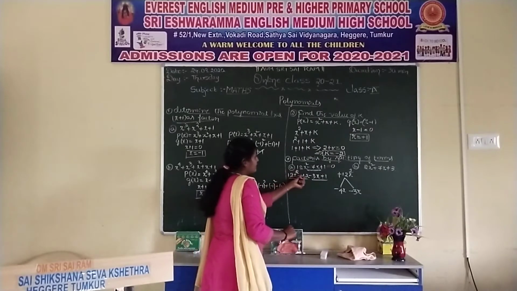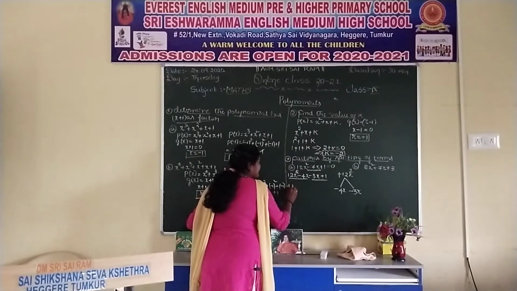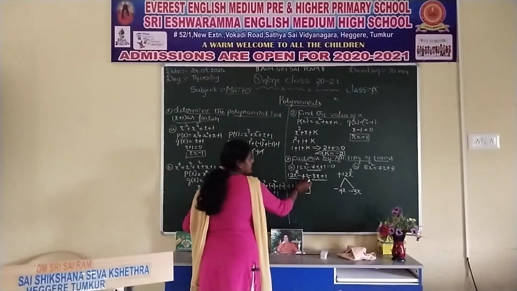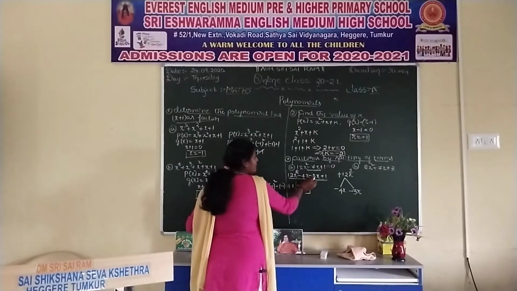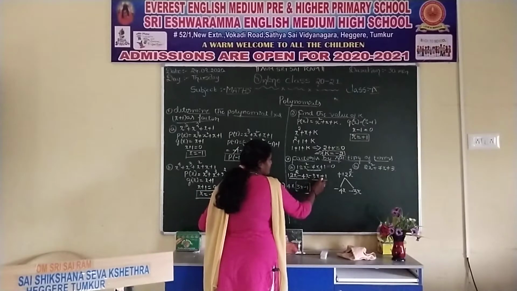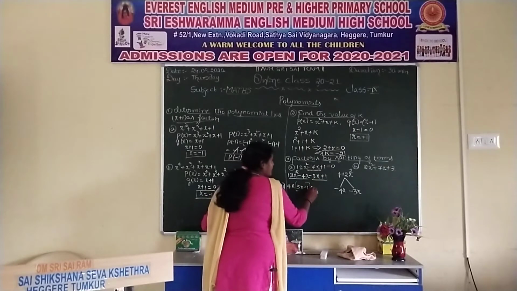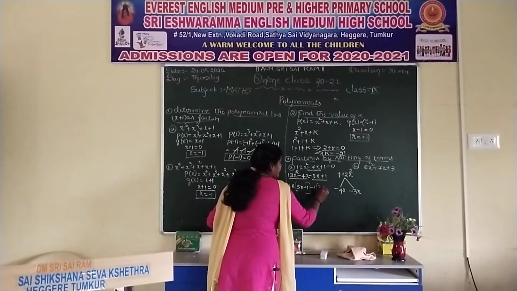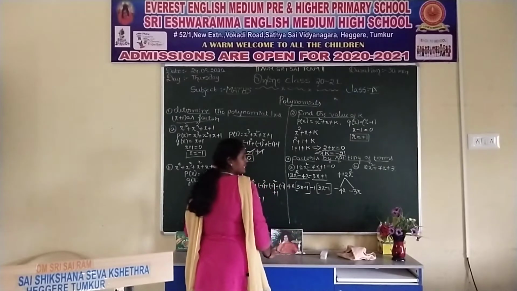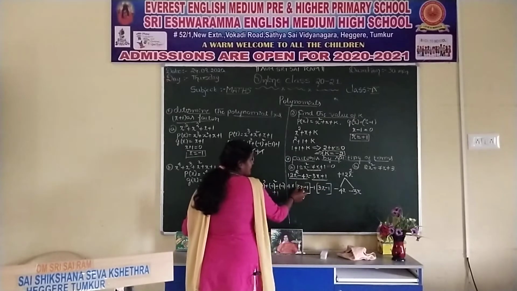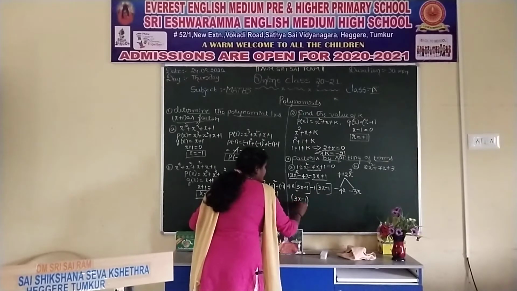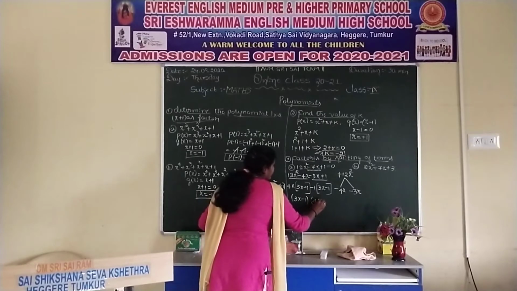From 12x square minus 4x, you take out 4x as common. The remaining thing is 4 3s are 12, so 3x minus 1, because here we took out 4x as common. In minus 3x plus 1, there is no common element here, so you take out minus 1 as the common element. So the remaining thing is 3x minus 1. From this expression, 3x minus 1 is common, and the remaining factor is 4x minus 1.